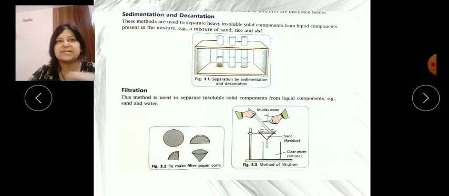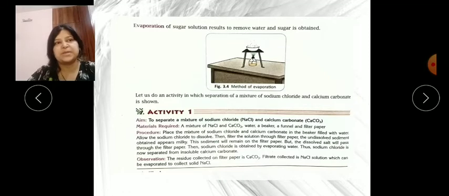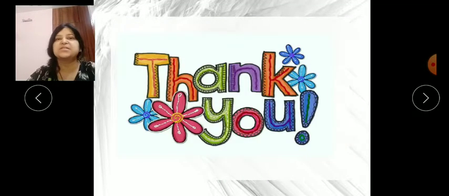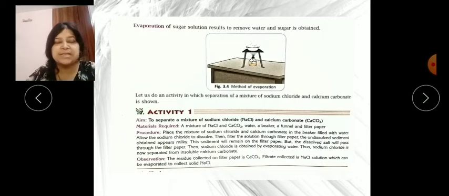This is sedimentation and decantation. Then filtration, where we use filter paper, and the evaporation method, which needs heat. So children, please go through these activities and just read them.